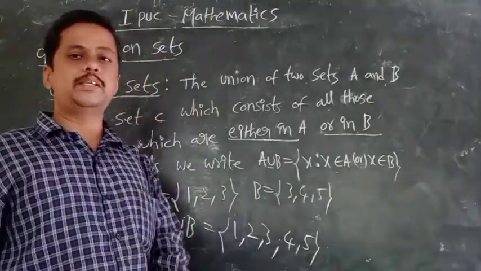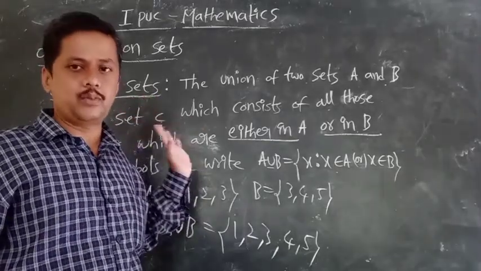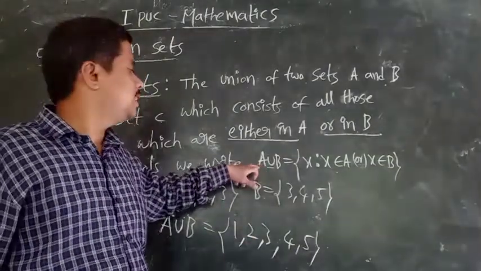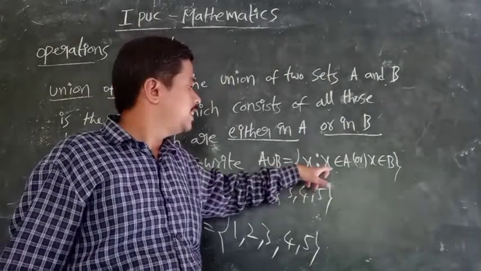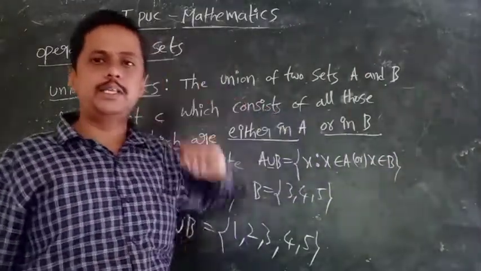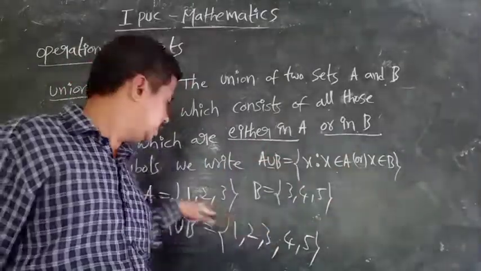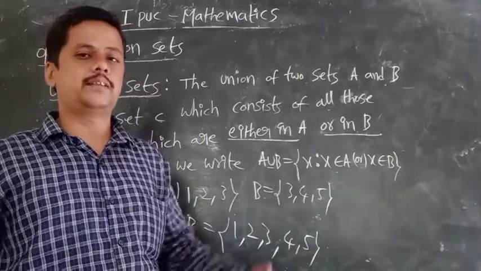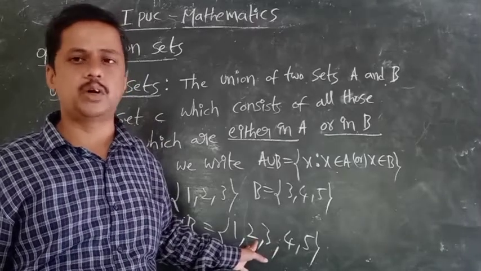If any element is repeated more than 2 times, write only 1 time. Okay. This is the foremost condition. My dear students, this is the union condition. What is the set builder form? A union B is equal to x such that x belongs to A or x belongs to B. What does or represent? Or means if it is in this one, take it; if it is in that one, take it. So that's why we combine, mixing the two. This is called the union of two sets. Understood the concept? Very easy.